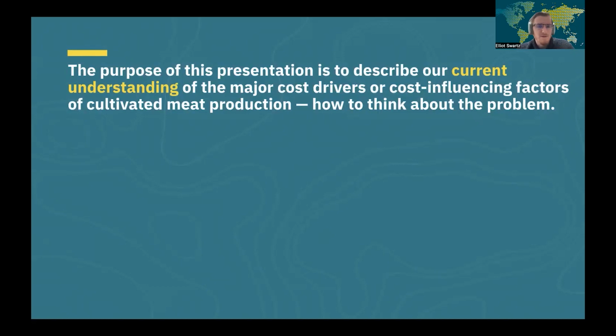So I've been in this field for about 6 years now, and I think we're at a point where we can really start to define the cost drivers, as well as begin to talk about some of the progress in addressing some of them. And so what I want people to walk away with is an understanding really of how to think about this problem that is pretty complex, but can be boiled down into easier ways to sort of